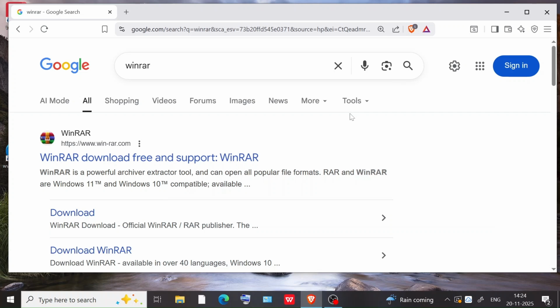Hey everyone, in this video I will be showing you how to download and install WinRAR in Windows. So let's get started. First thing, just Google WinRAR and you will be getting the official link. Click it